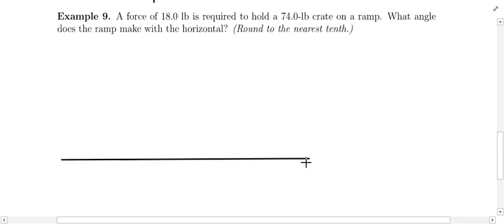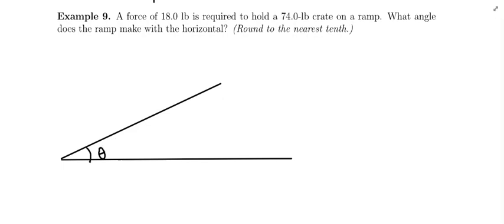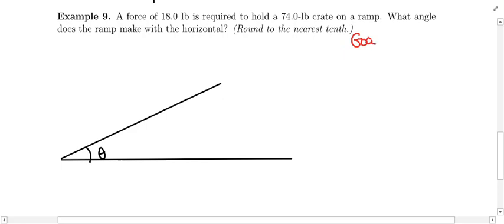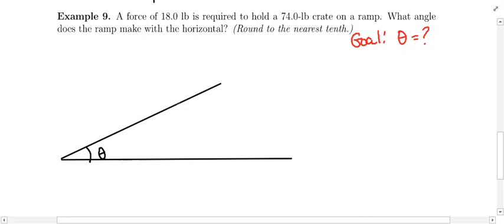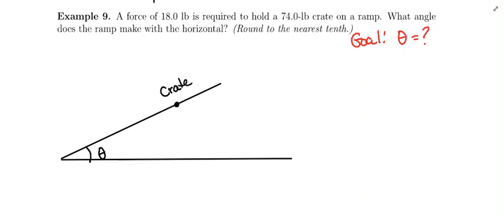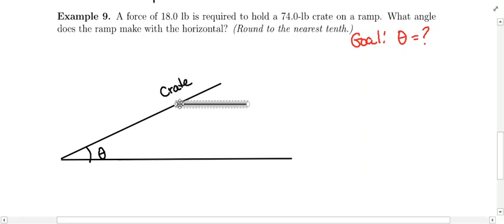Okay, so here's the horizontal, and then we have this ramp. We don't know the angle of incline, so that's what we're looking for. I'm just going to call this theta. My goal is going to be to find theta. Then we have this crate sitting on the ramp. I'm just going to designate the crate with a dot, and it weighs 74 pounds, so that's the weight